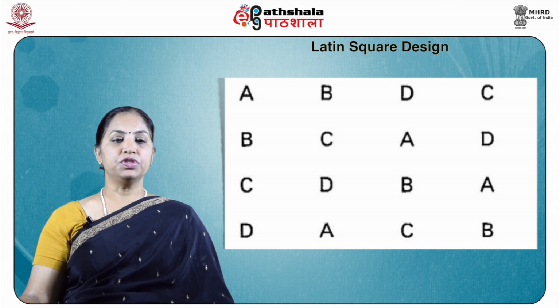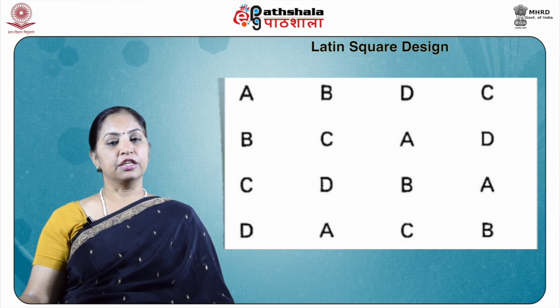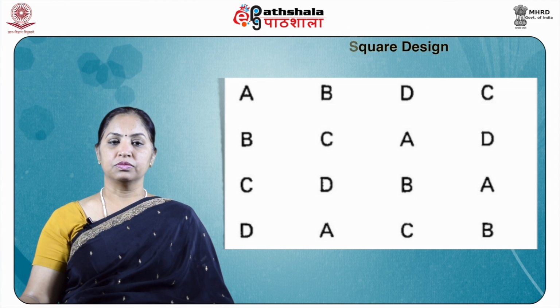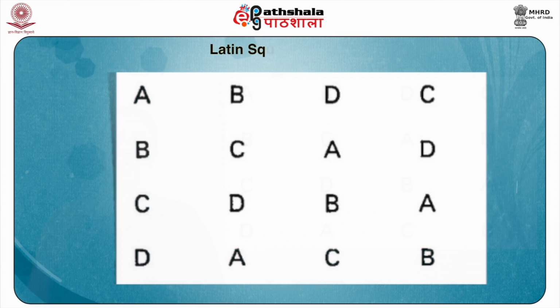Thus, each of the treatments is in each row and each column. Look at the figure to understand the Latin square design. We can see that A, B, C, D as treatments for rows and columns are occurring in both the conditions. The design is very frequently used in agricultural research because conditions under which agricultural investigations are carried out